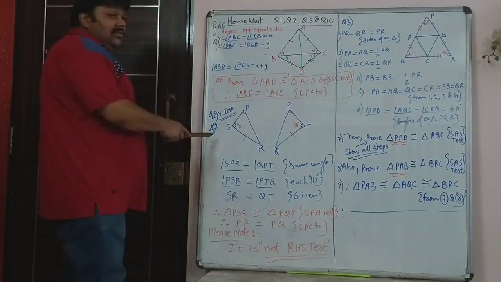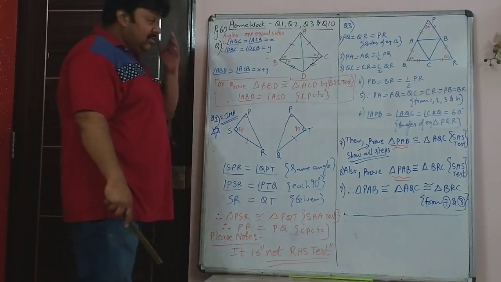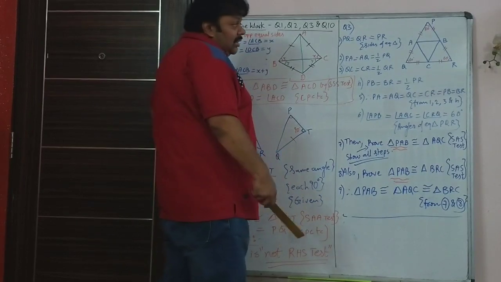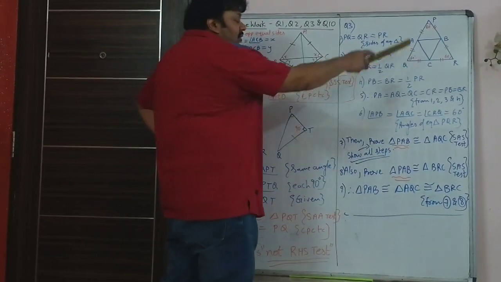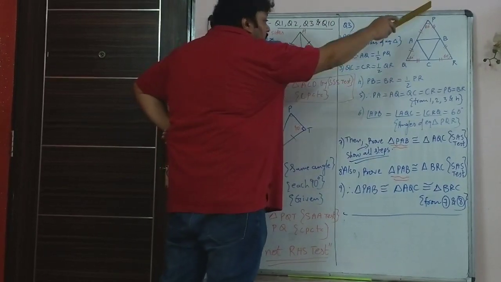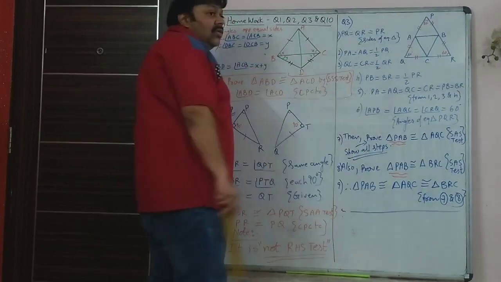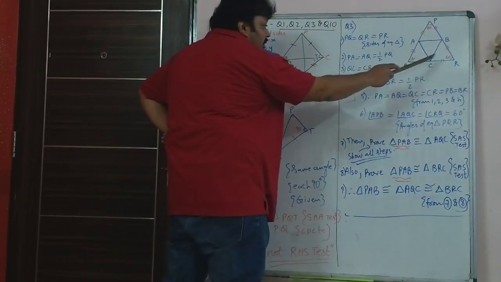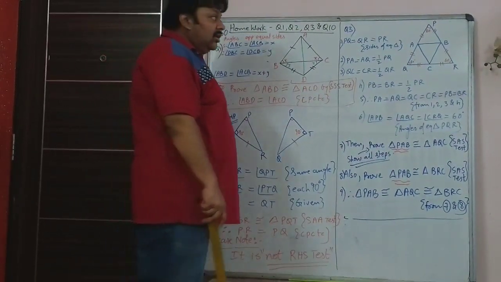Then the next one, little lengthy. This second one was very important. This is something that can be asked in school exams. Next one, very simple but quite lengthy. This is again only the hints, it is not all the steps. First of all, you have PQ equals QR equals PR because it is given PQR is an equilateral triangle. Also angle P, angle Q and angle R are 60 degrees, again for the same reason, equilateral triangle.